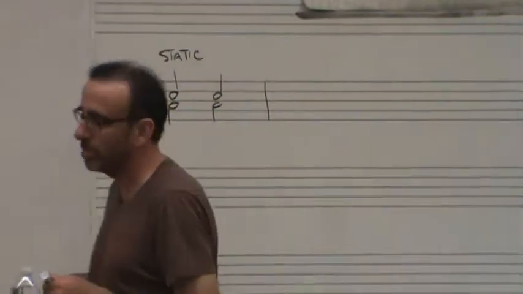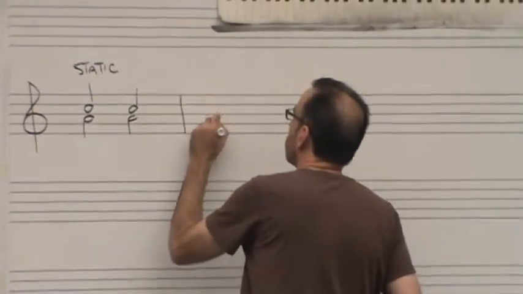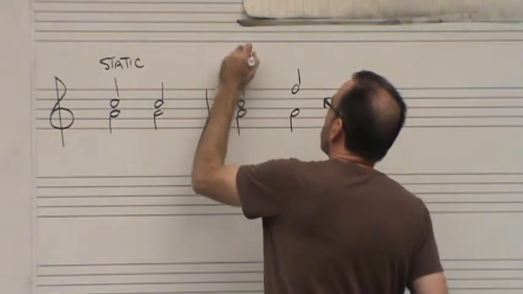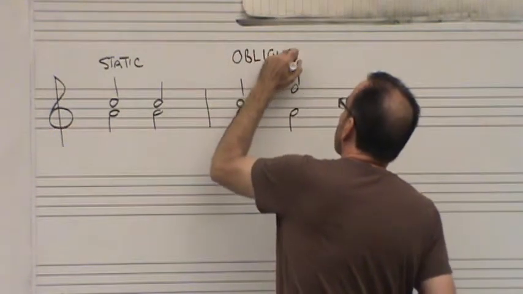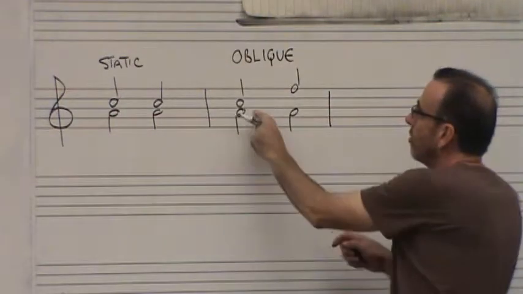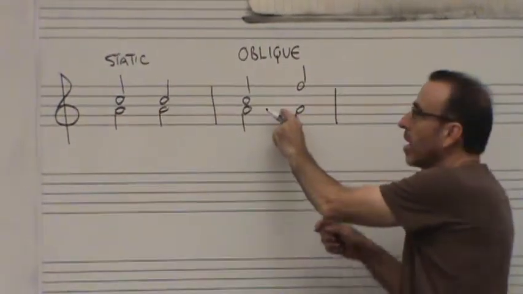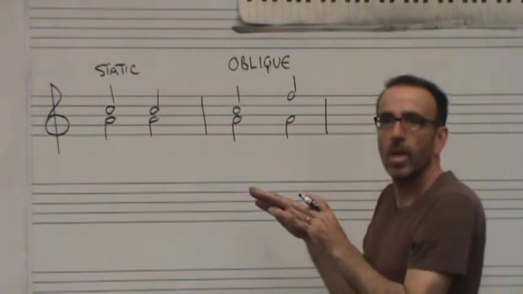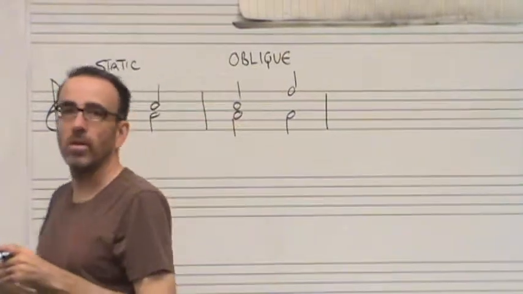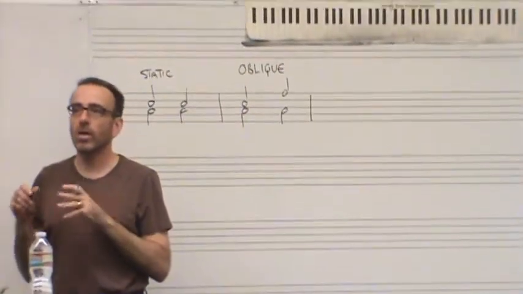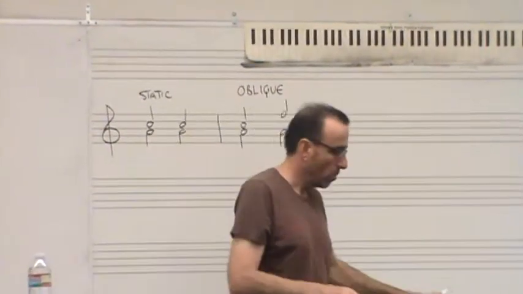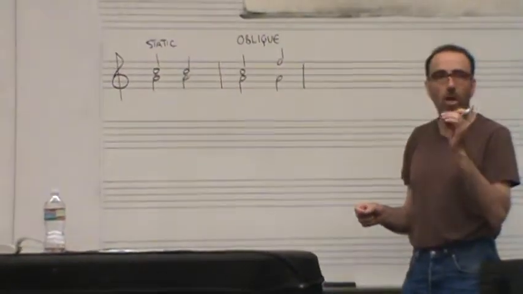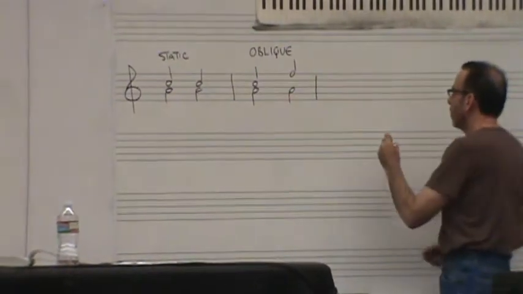But the next one, they have the oblique motion. That's a good one. Oblique motion is when one voice stays the same and another voice moves either away from it or towards it. And usually that works out very well. Oblique motion can work out very well when you're writing a chord progression. We talked about how you can hold a common note from one chord to the next, and that'll help you avoid parallelisms. So for example,